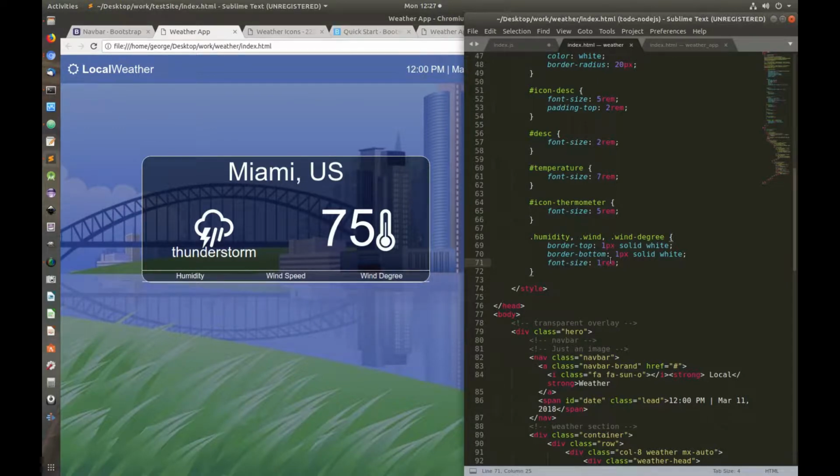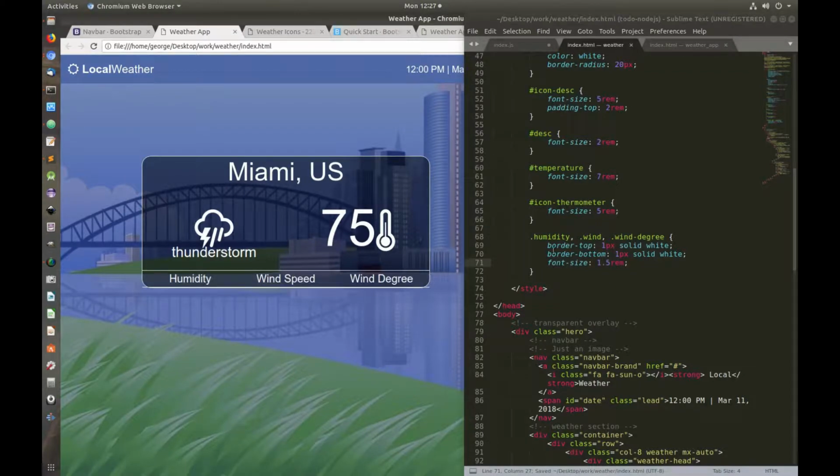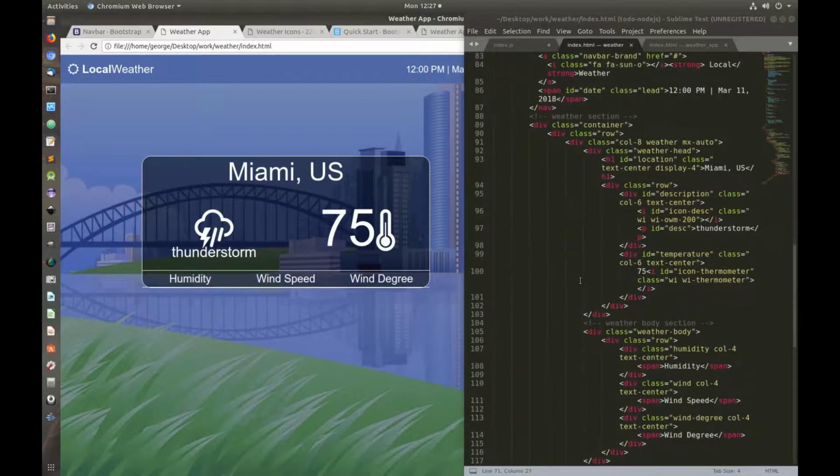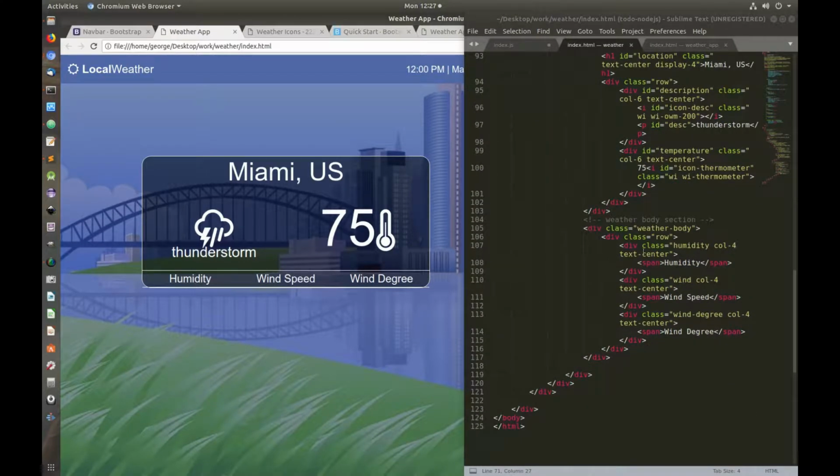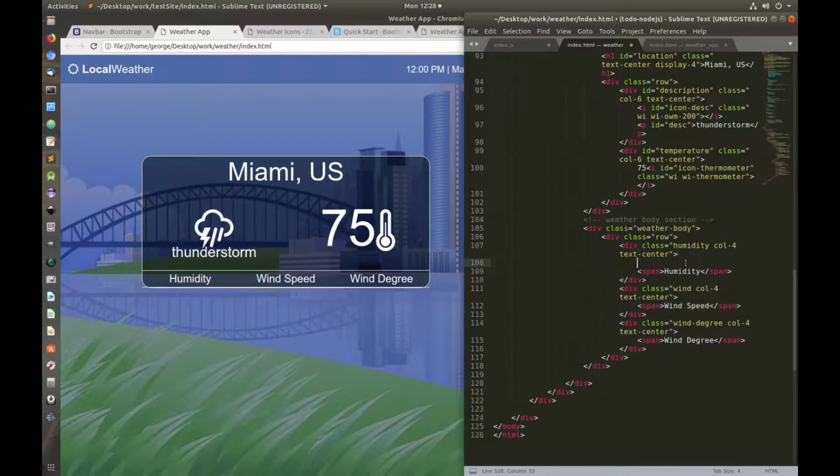Maybe 1.5 rem. Okay, and so what I want to do next, I want to create an icon. I want to insert an icon in every single one of these divs. So I'm going to say icon with a class. Remember, all these icons are available through Weather Icons. I already know the icon that I have to insert. This one is with the class of wi wi-